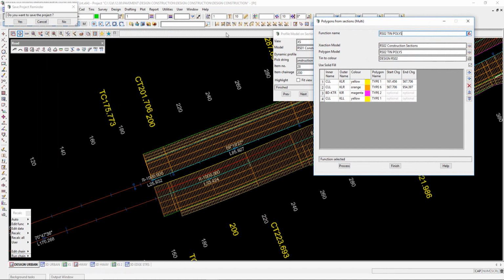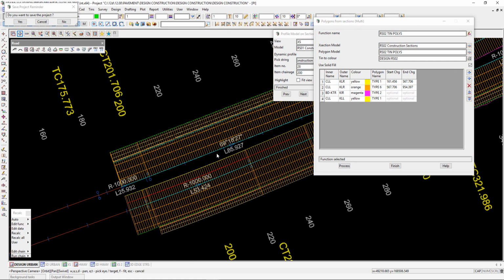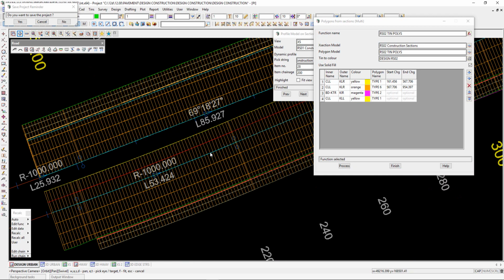So the strings are just a combination of two. In that case, there's a centerline string left and right automatically created for you. That's the CLL or CLR string, and you can pick the other string. Here we're going to create a polygon from the centerline right out to the lip of curb, and from the centerline out to this string here, which is the